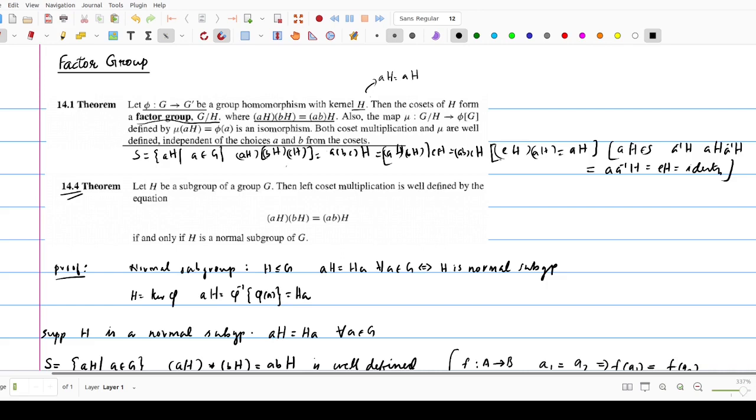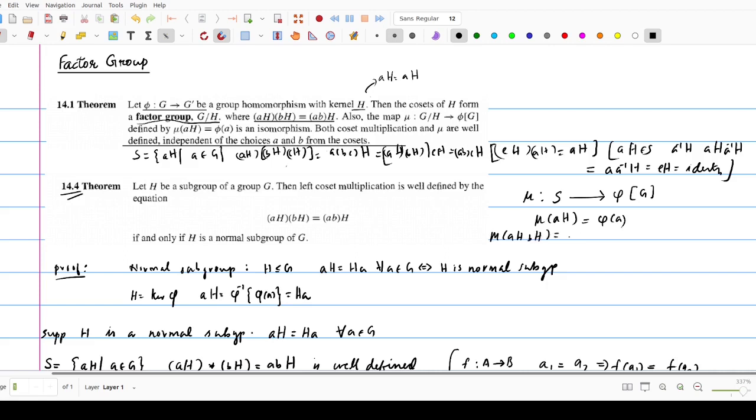And the second part, this operation enables us to define a map mu from this S, where S is the set of all distinct left cosets, to phi of capital G. How will you define this function? This function is defined as mu of any coset aH is mapped to phi of a. So this is going to be a function, and this is a homomorphism as well, because mu of aH bH,